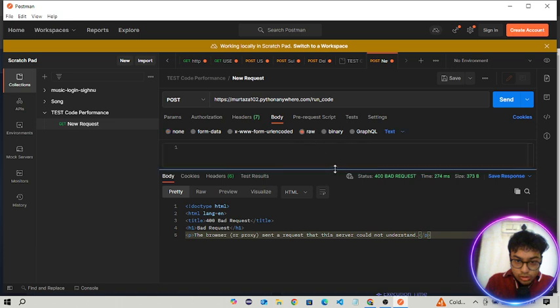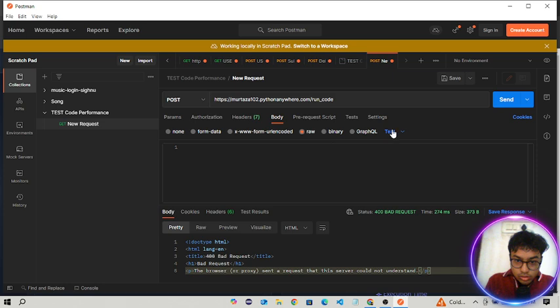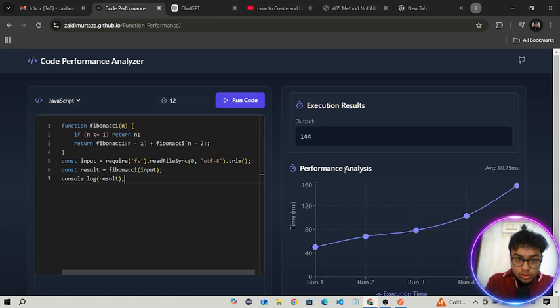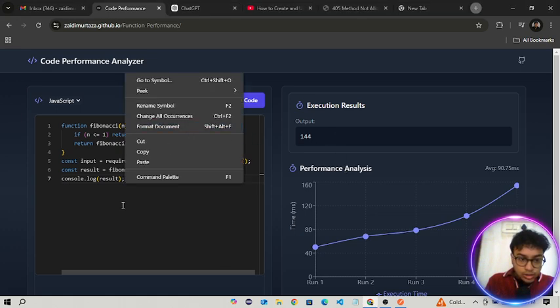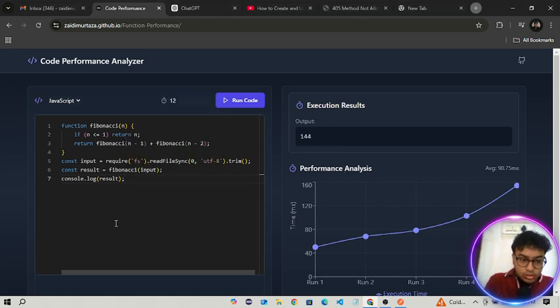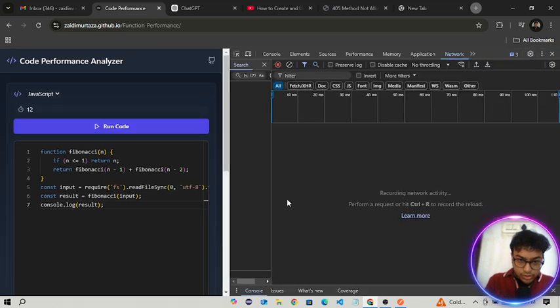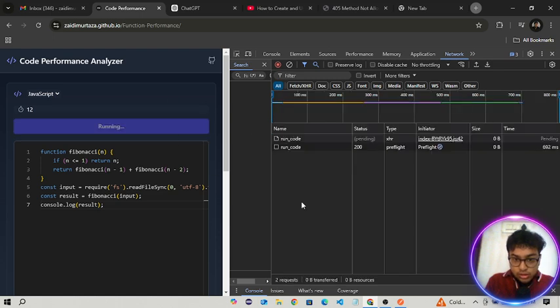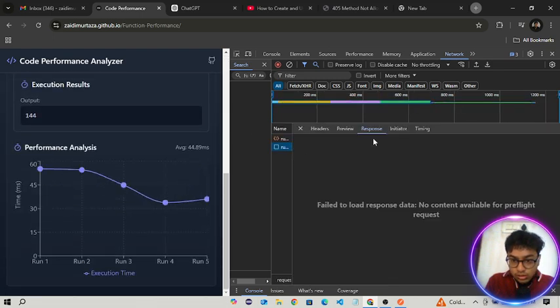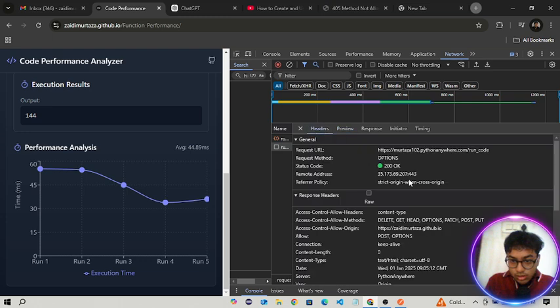Raw JSON things. Now let's move to this and inspect it. Control Shift I, inspect it. Okay, network, I have that network. Run this, the run code, failed to load the response, preview, headers,